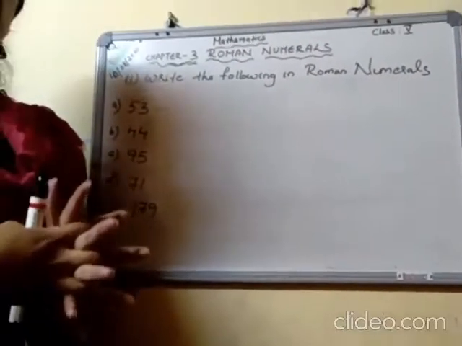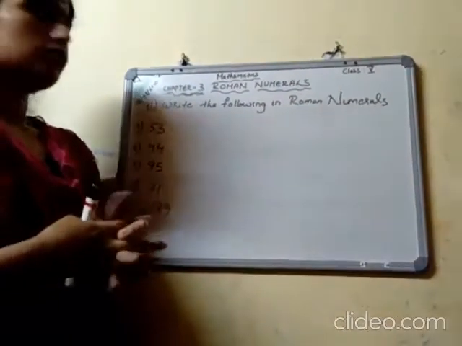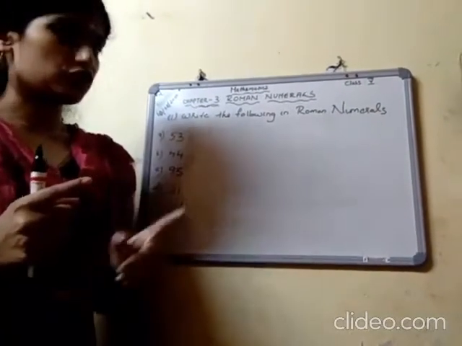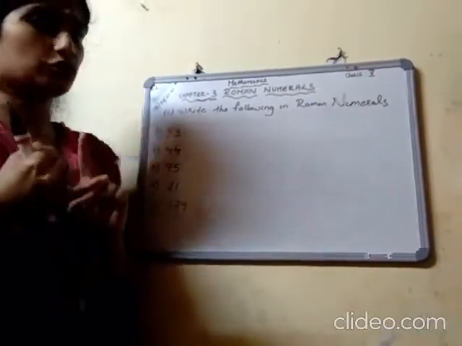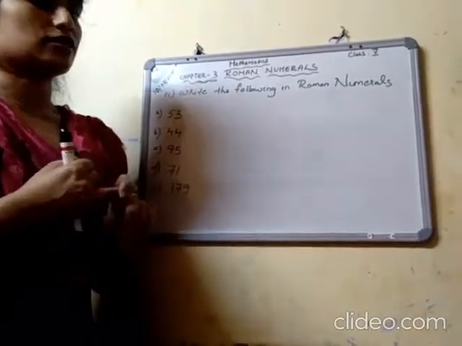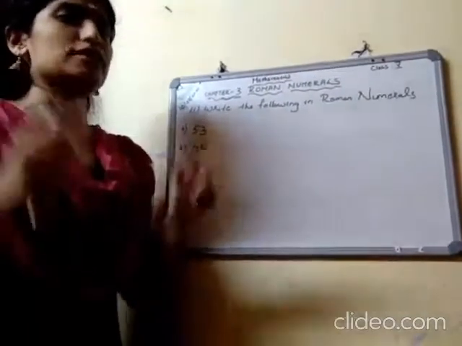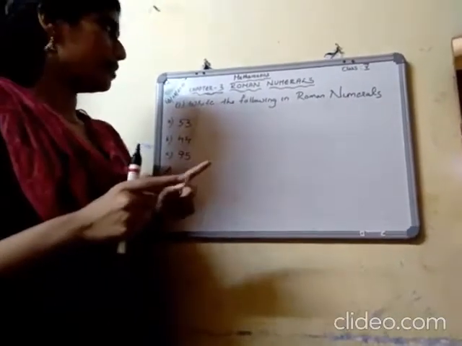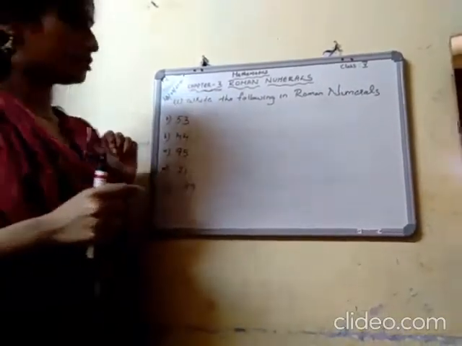Okay, now let us do some problems. So children, you have to study the previous table which I have shown. You have to write it down in your notebook, and you have not submitted the homework given in the last class. You have to do it. This chapter is there for the periodic test, so study very well.